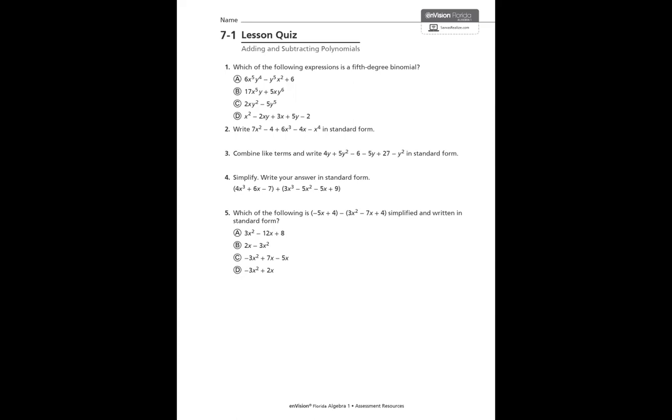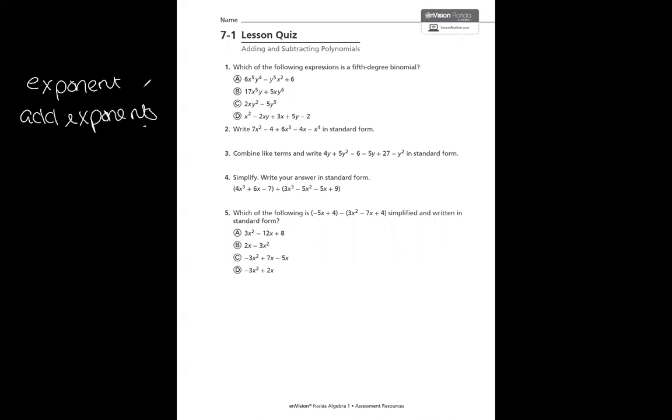Okay, let's look at number 1. We want to see which of the following expressions is a 5th degree binomial. So in my previous lesson, we went through all of the different types of degrees and also the types of names based off of the number of terms. So if we're looking for a 5th degree binomial, what that means is we are either looking for an exponent of 5,